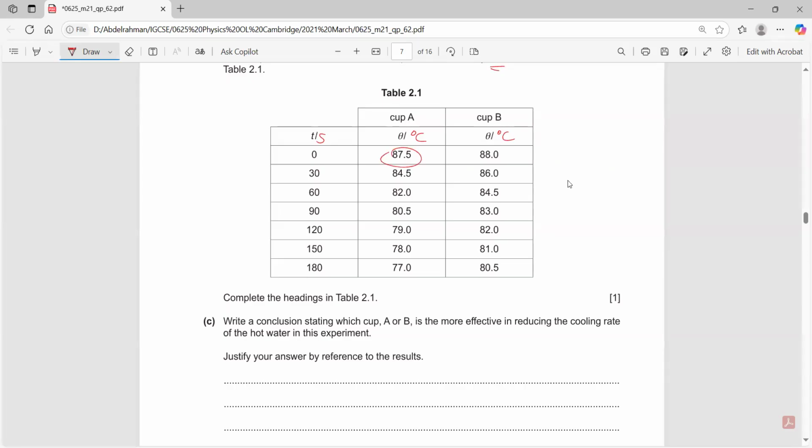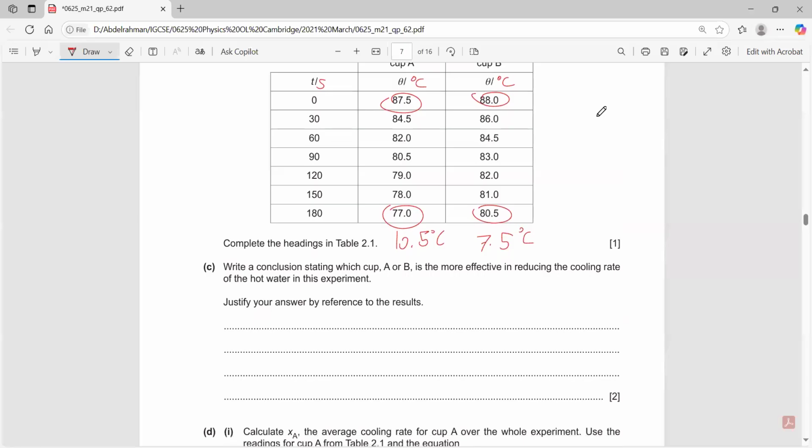Let's see. In A, it was 87.5, ended up being 77, so the difference is 10.5 degrees, right? And then cup B was 88 and it's 80.5, which is a difference of only 7.5 degrees Celsius, right? So it seems that cup B is a little bit more effective. Cup B is more effective